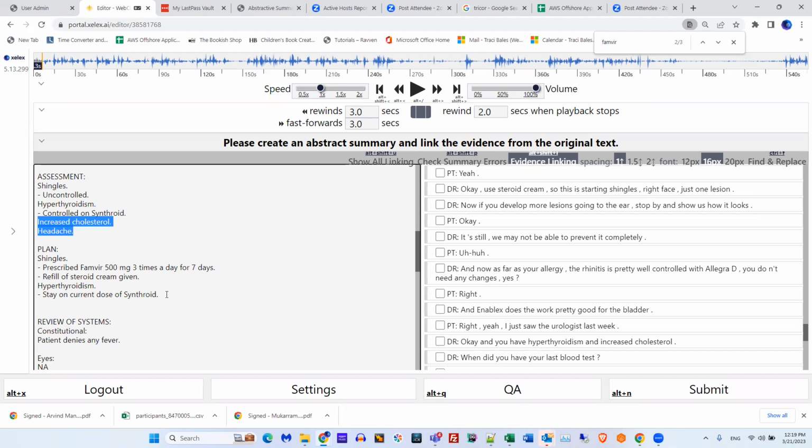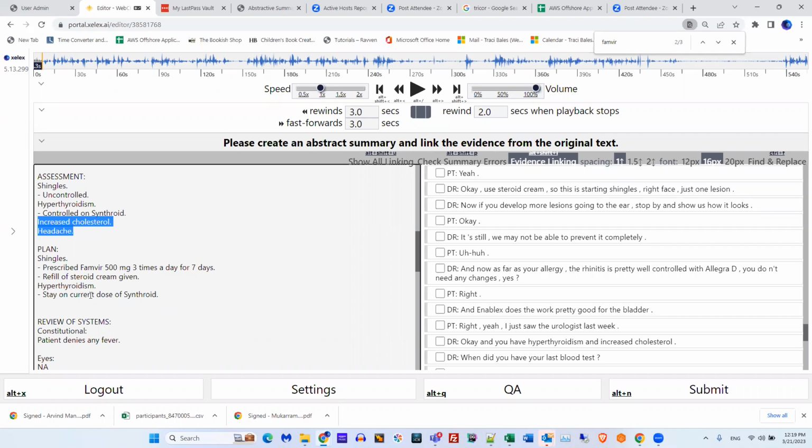Right. Just a follow-up question on that. Since we have utilized these assessments in plan also, like shingles and hypothyroidism, we also did evidence linking for assessment. So that same evidence linking should be done for plan too?